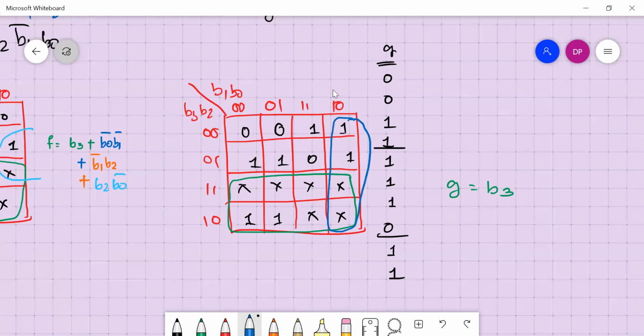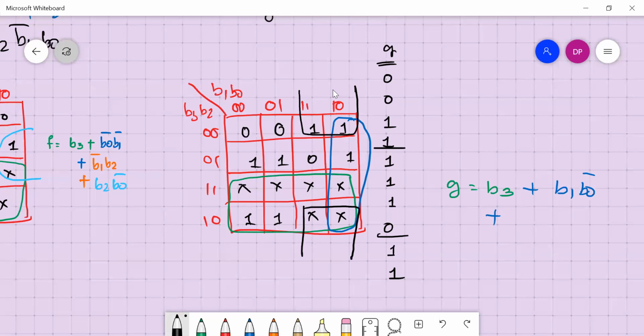This last column is B1, B0 complement. Then in the last two columns, up two ones are there, and down two don't cares are there. We can make it as 4, this and this.